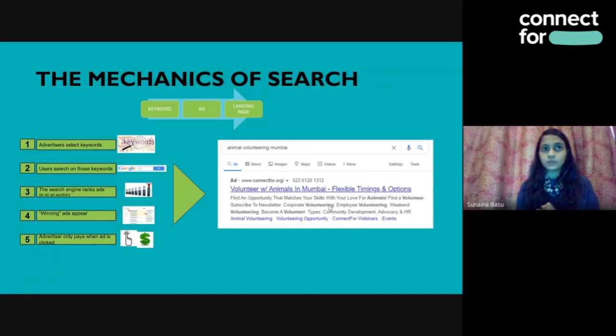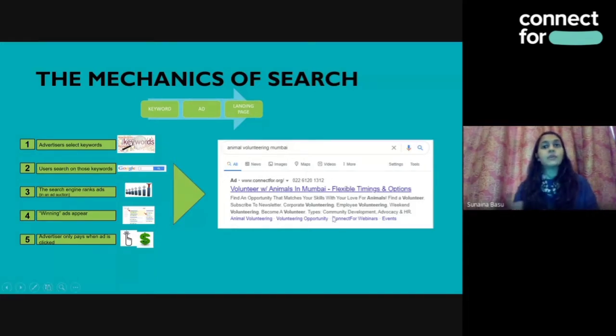For example, one thing we've seen a lot while reviewing different accounts is that when you have a Google Grant, people think, okay, we have so much free money, we can just bid on a random bunch of keywords. But Google is very specific about that, because they don't want you to take advantage of the free money. So you have to ensure that your keywords are actually relevant to what you do as an organization. Your ad should also be relevant, and your landing page.